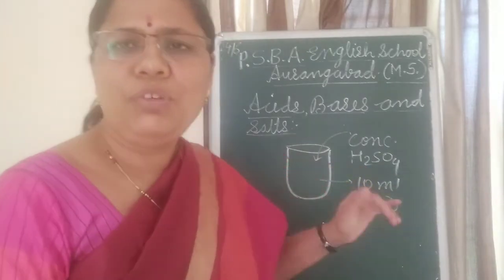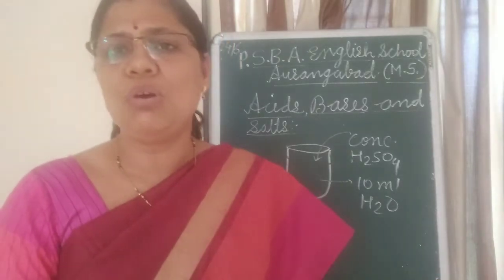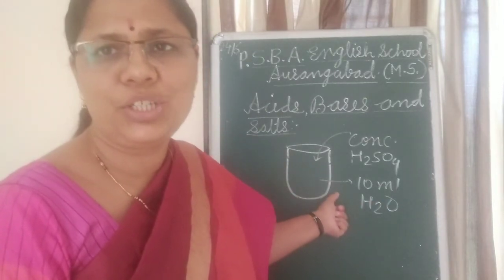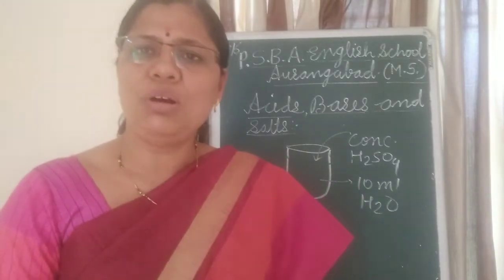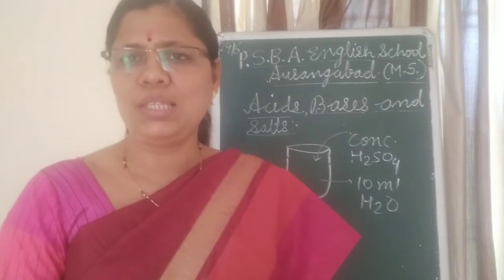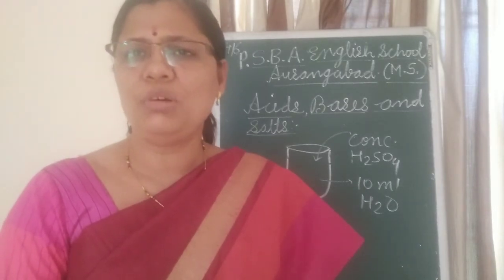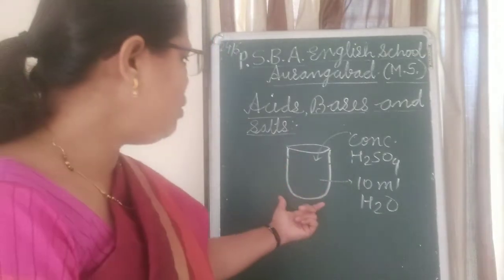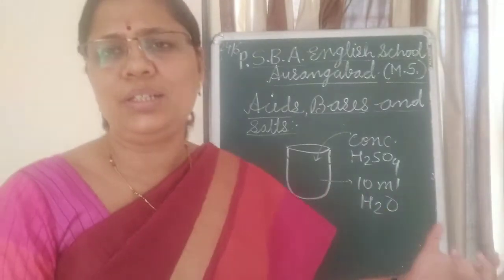And what happens if we do this practically? If we touch the beaker, children, we find that it becomes hot. So why is it hot? If we touch this beaker after addition of the concentrated H2SO4 to water, we find that it becomes hot. Why did it happen? Because it is a highly exothermic process. Addition of acid or base to the water is a highly exothermic process. Exothermic means a high amount of heat is generated in this reaction. So a lot of heat is generated here, and that is why if we touch the beaker, we find that it is very hot.